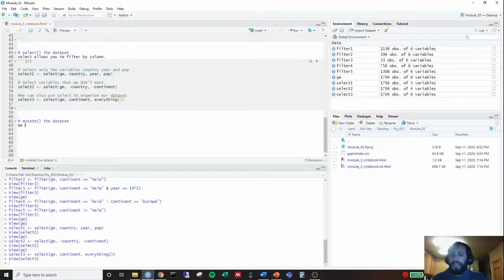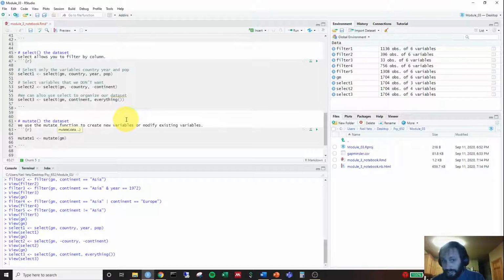So let's go ahead and say we use the mutate function to create new variables or modify existing variables. And let's go ahead and start working with it. So we can create a new R chunk. And you're going to see that with my consistency, I'm going to be creating a new object called mutate1. Use our assignment operator, and we're going to use the mutate function. And again, first thing we do is we indicate our data set, which is GM here. And then